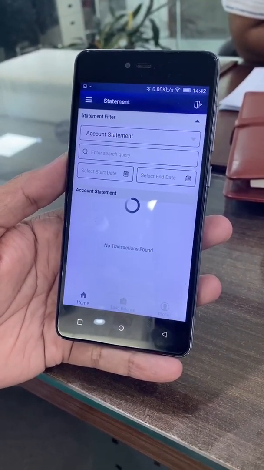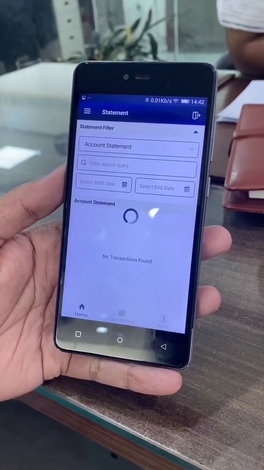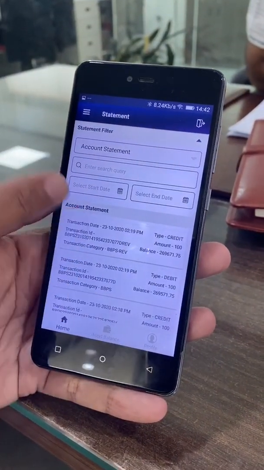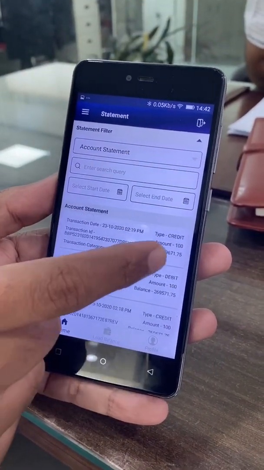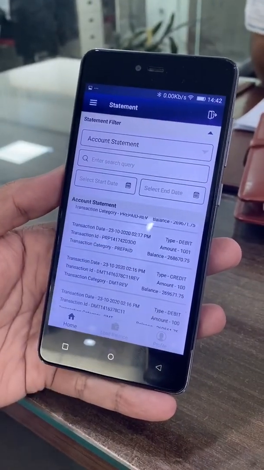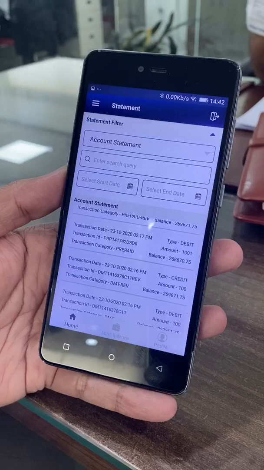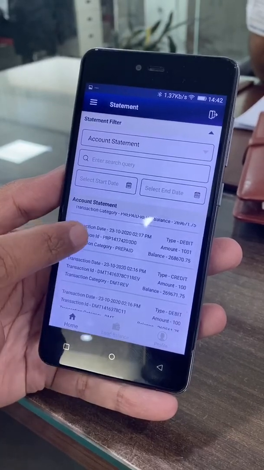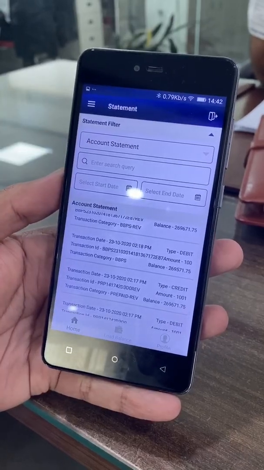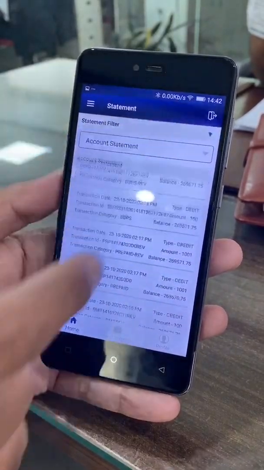He can raise issues on those transactions. If there is a fault in a transaction, or he wants any support on a transaction, he can report an issue also. We have issue management in the system. He can see all the debit and credit happening in his account, like this is a credit, this is a credit, this is a debit. So in the statement he can see all the money coming in and going out of his account. At one click he can see that. There are date filters and other search filters already there.